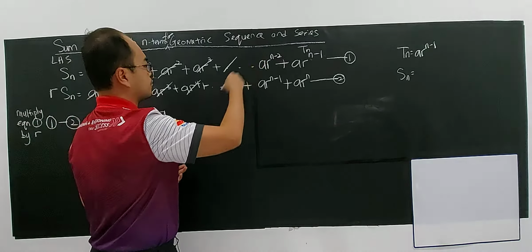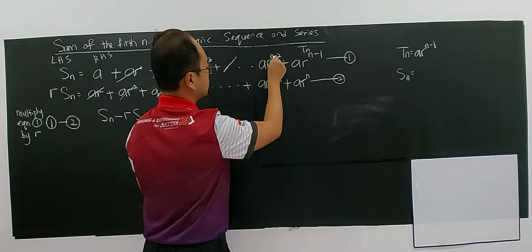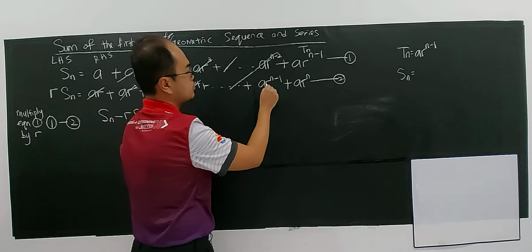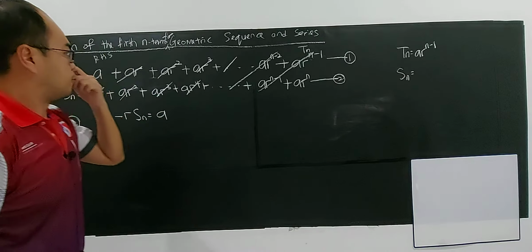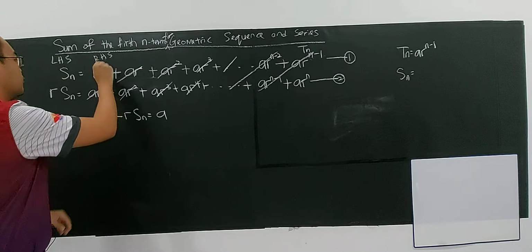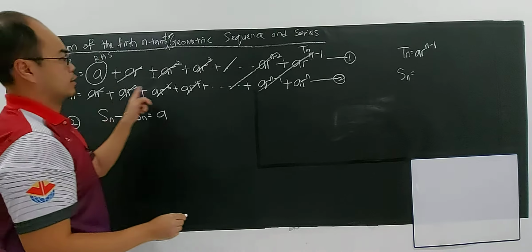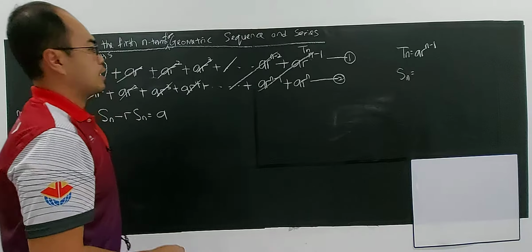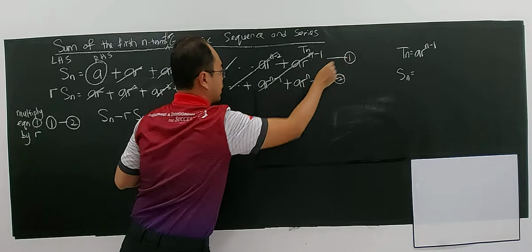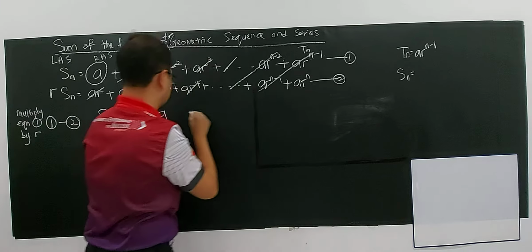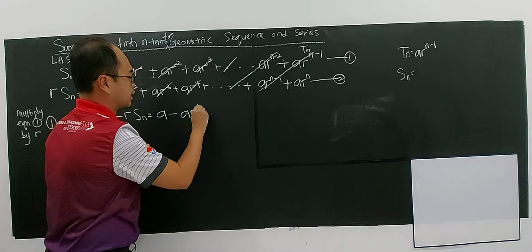It will keep cancelling out. This one will cancel with the previous one, and AR n minus 1, AR n minus 1 will cancel out. And for the right hand side, you only have AR n,